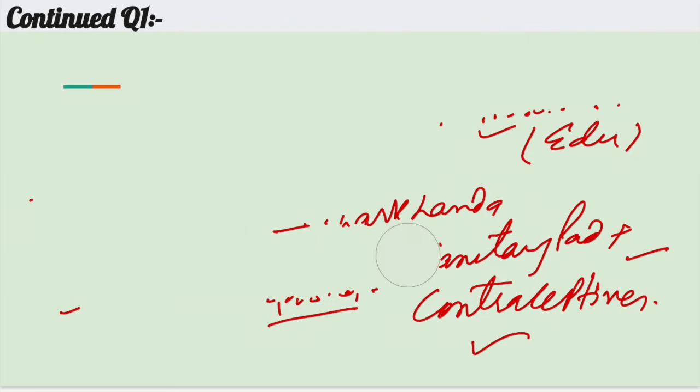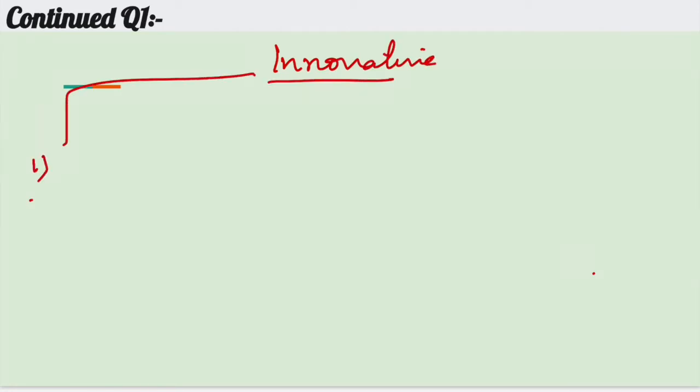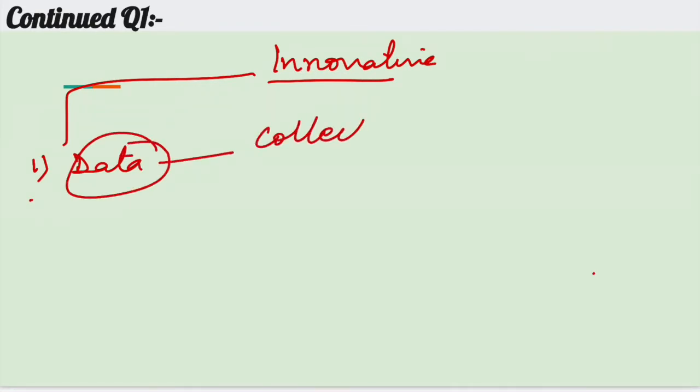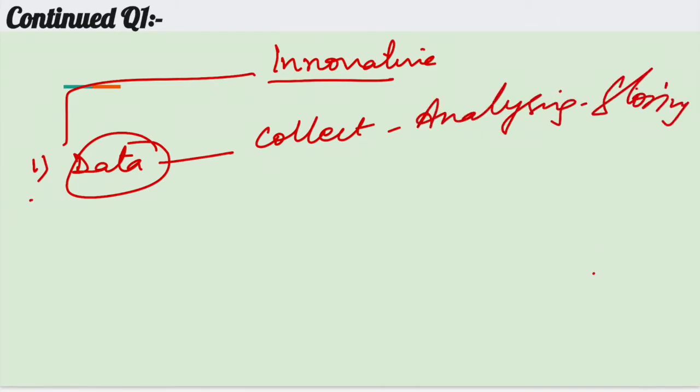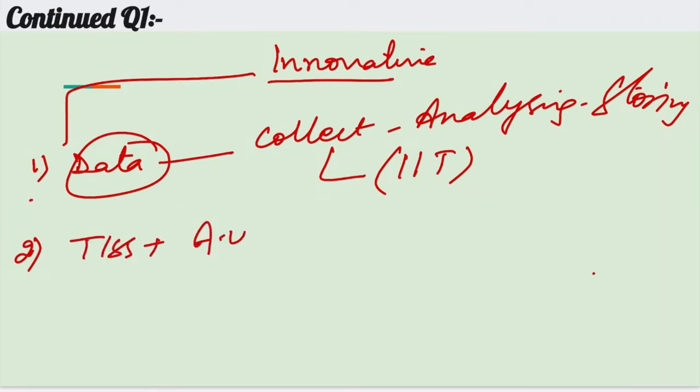Understood? So now we will move into the last part of the question, that is innovative mechanism. The very first thing which I can think of is, as there is a problem of data, with respect to collecting data, analyzing data, storing data, we can take the help of the graduates from IIT. Then we can also take the help of graduates from TISS and Ashoka University, because they have a good approach and understanding with respect to the social and economic aspect,